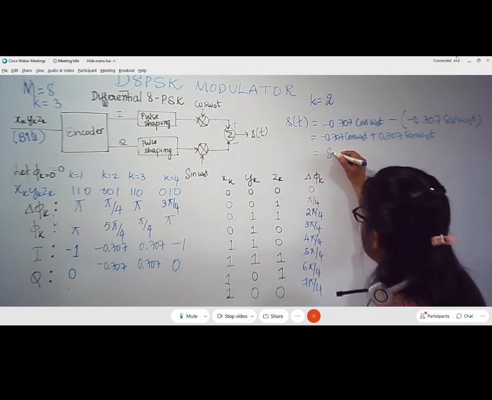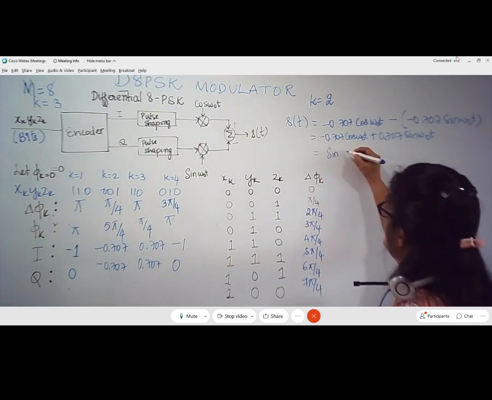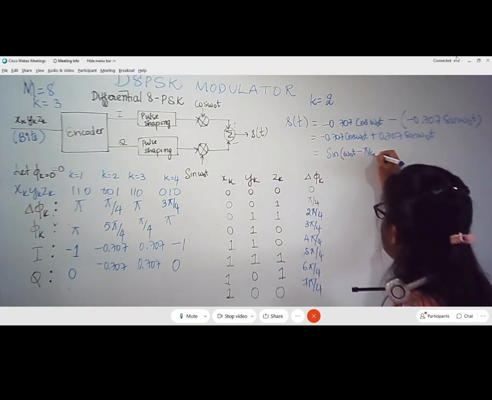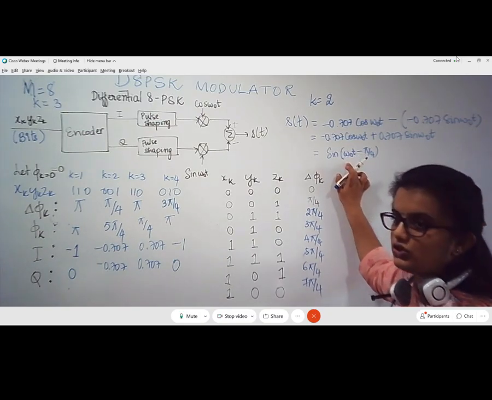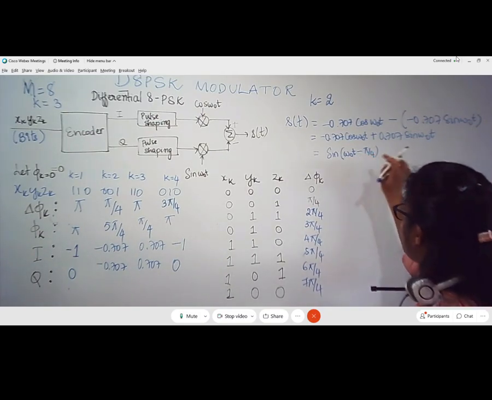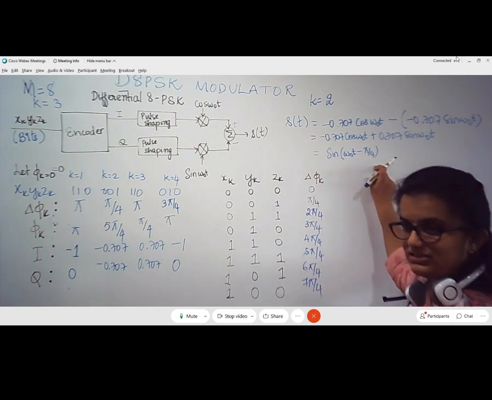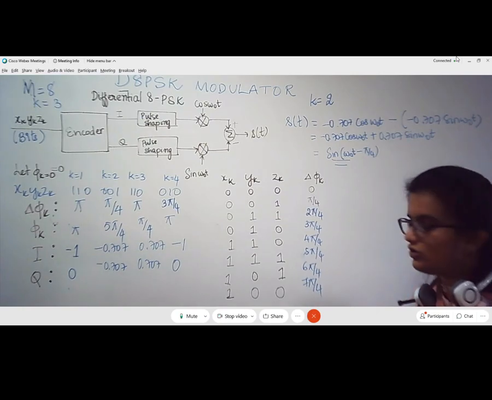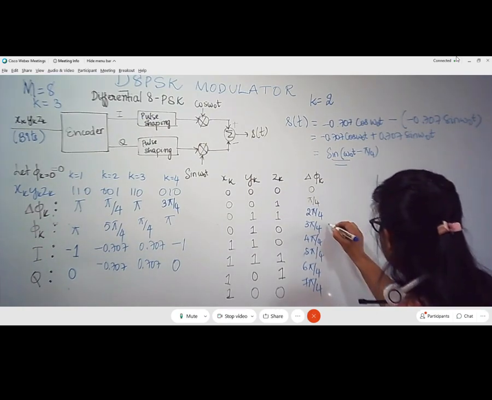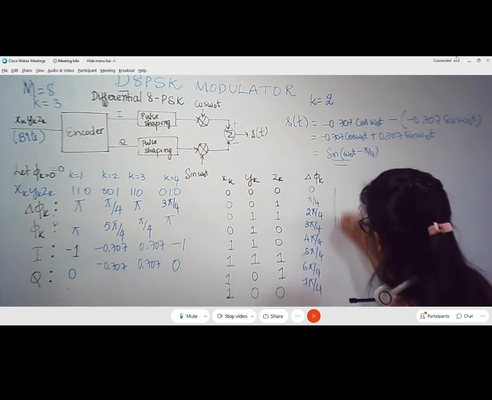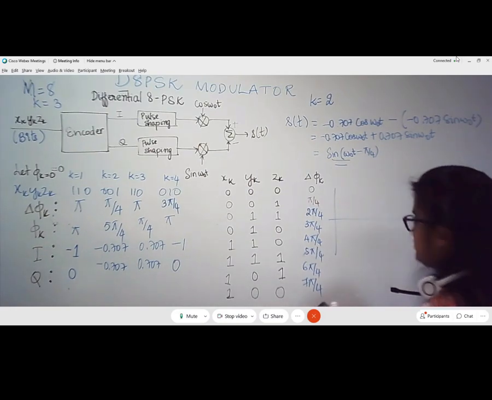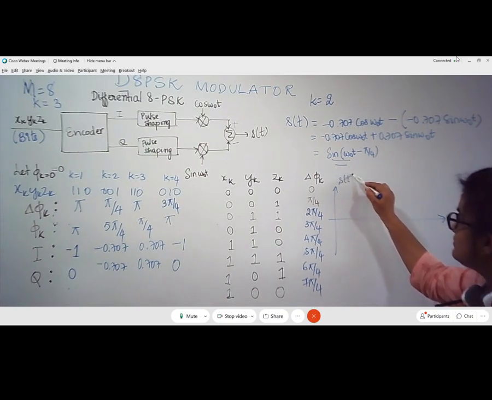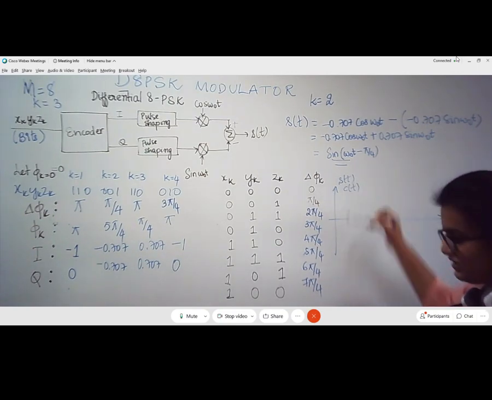So this is nothing but a phase shifted carrier. Which is that carrier? The Q carrier. It is the pi by 4 phase lagged sinusoid with respect to sine omega naught t. That means if I am going to plot the sinusoidal wave, let me plot it with respect to time t. This is S of t. I will also write C of t here itself.